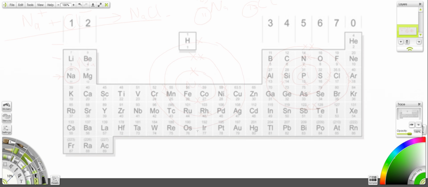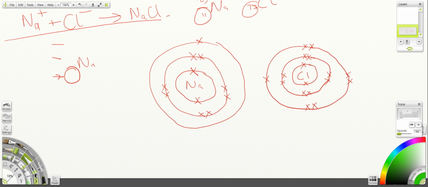Let's bring it up again. Sodium is on the left of the aluminium, so sodium is group 1, and it's a metal. And chlorine is the non-metal, okay, because it's on the right hand side of the aluminium step line. So what we're going to do here now is we're going to see a transfer of electrons. The electrons will transfer from the metals, because remember metal donates, and it's going to go to the free electron